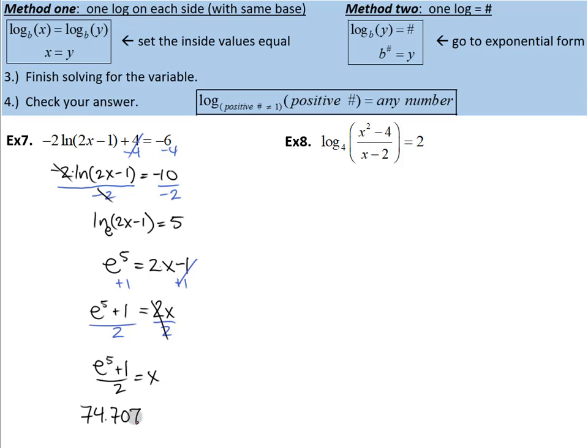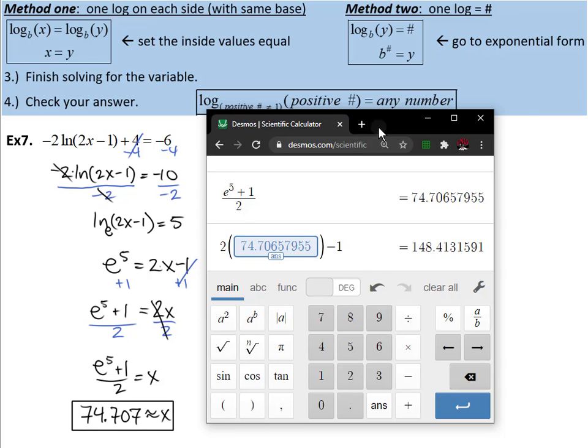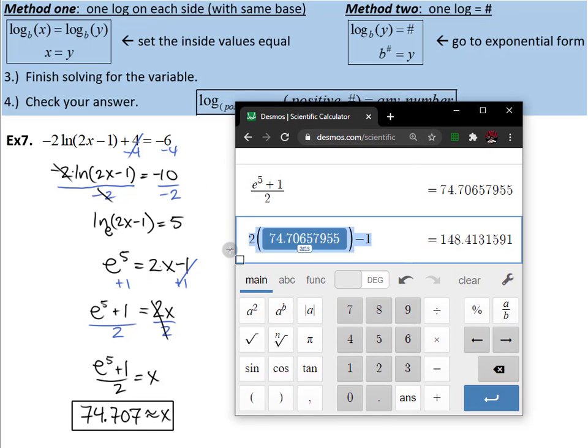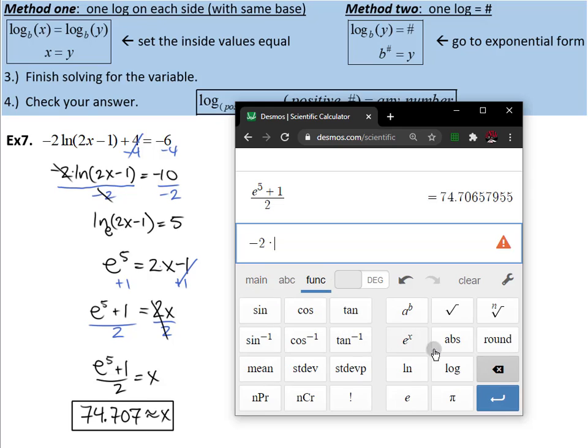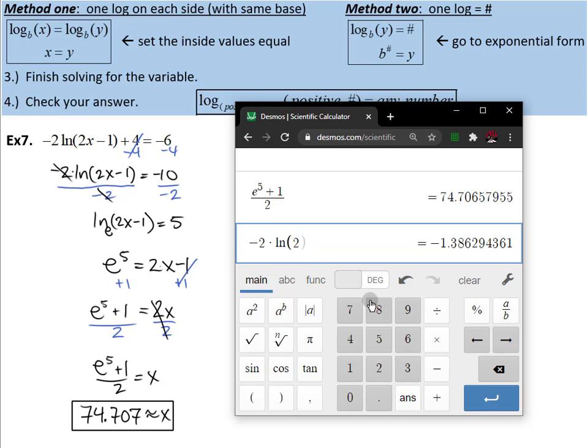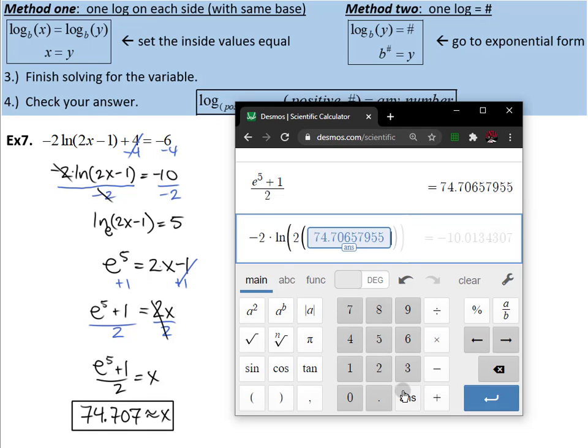74.707 is our approximate answer for x. Now again, if you want to double check if this is completely the right answer, not only that it's not a restricted value, we could type in the whole thing and see if this is true, right? So let's instead say if I do -2 times the natural log, which is under functions, the natural log of 2 times our answer